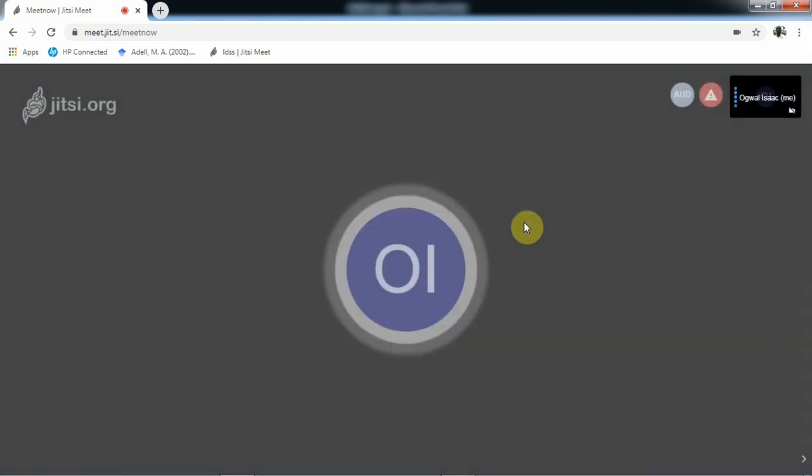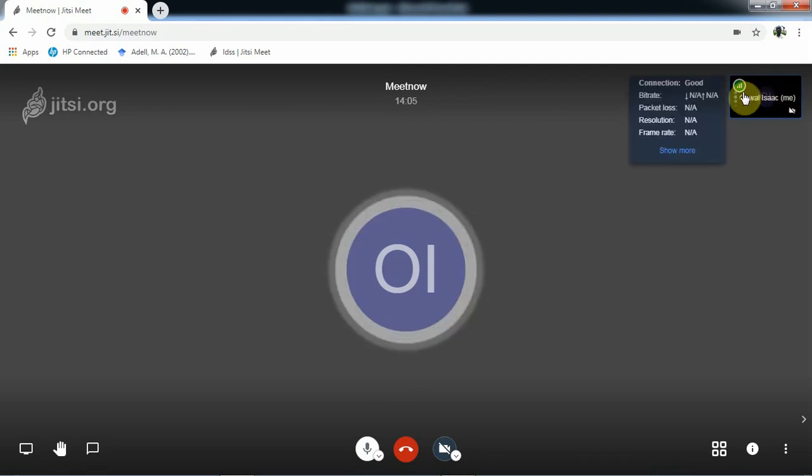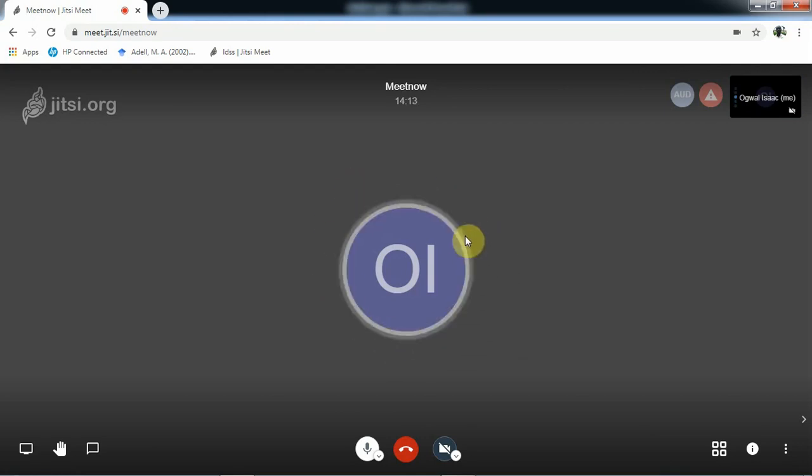When you click on OK, this is the name displayed for you. This is the name that other people will see, that Ogwal Isaac is connected now. Even on your screen, if your camera is not on, it will show the initials of your name, which is OI, standing for Ogwal Isaac.